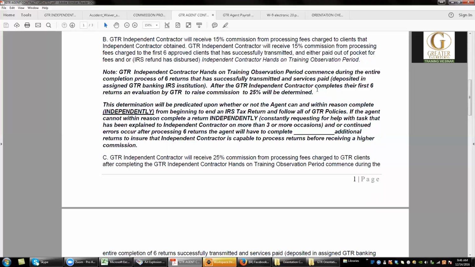After the GTR independent contractor completes their first 6 returns, an evaluation by GTR to raise commission to 25% will be determined. Okay, I just stated that. This determination will be predicated upon whether or not the agent can, within reason, complete independently from beginning to end an IRS tax return and follow all of GTR policies. That means that, from submitting a return, to uploading a return in the system, to emailing a return properly,